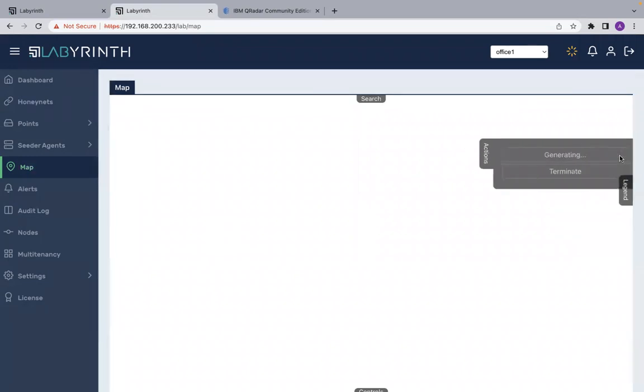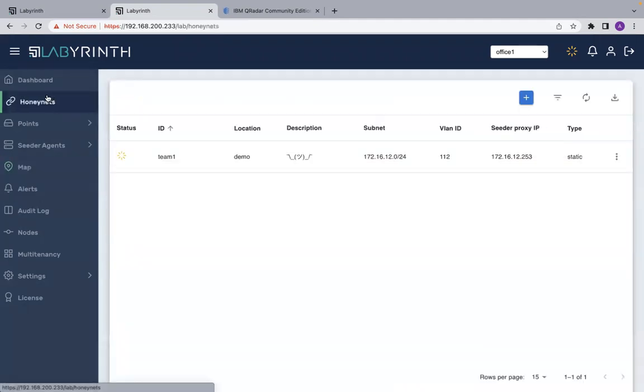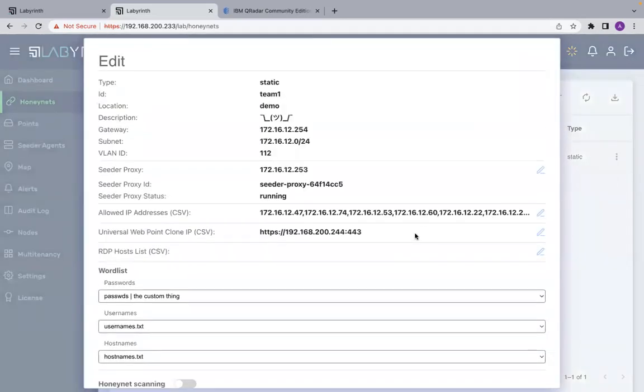So from the actions hidden menu, we can see two buttons, generate and terminate. This way you start or stop all of the HoneyNets at once. It may be really convenient when you have a bunch of HoneyNets, so this way you won't generate all of the HoneyNets one by one. It would take less time. And from here, we can click on details and change some of the settings, which include